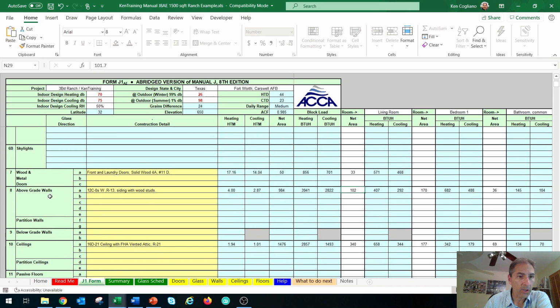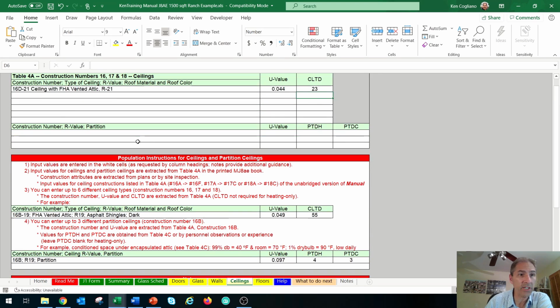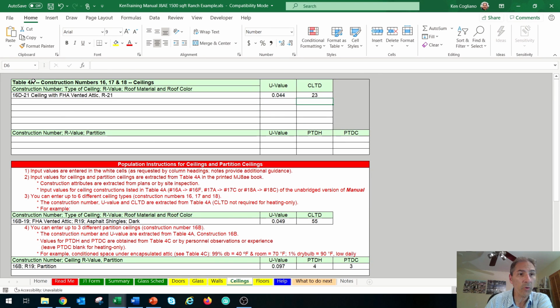Now, coming down our list here, we don't have partition walls. We don't have below grade walls. There's no basement in this residence. We do have ceilings. Go to your ceilings tab right here. You're going to click on ceilings, and let me just blow that up so you can see it. You need to go to table 4A on your Manual J, and in my case, it's section